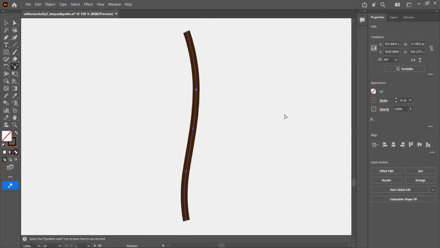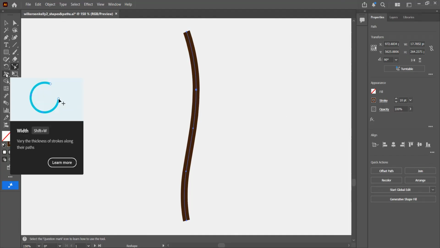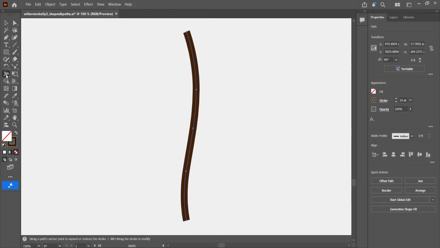And now we're going to use the width tool to change the way this stroke looks a little bit. So I'm going to choose the width tool over here. It looks like a harp or something. So I'm going to click on the width tool. All right. And then I am going to move the pointer over the middle of the path that I just created